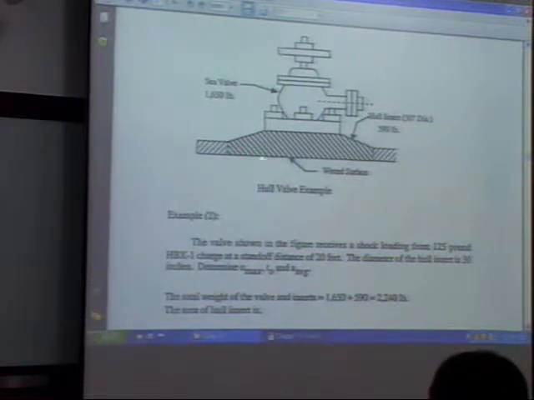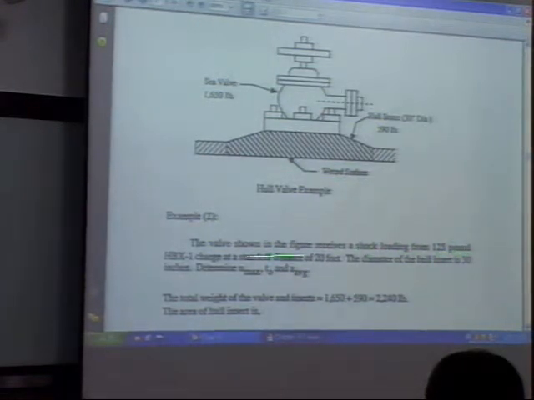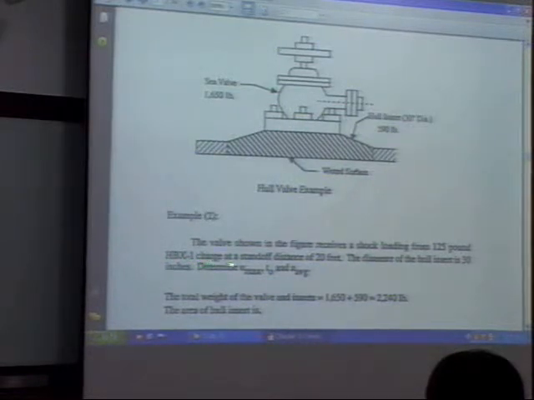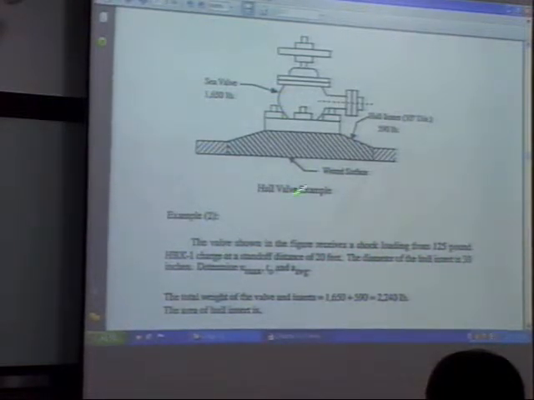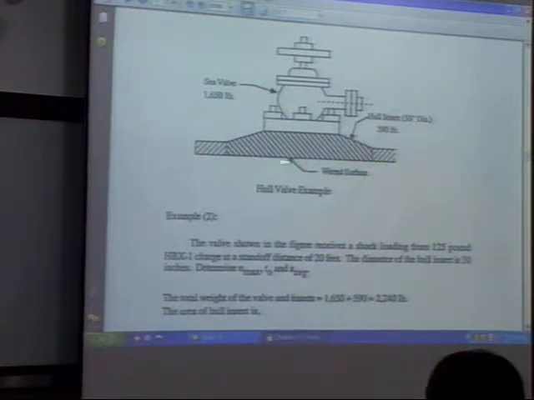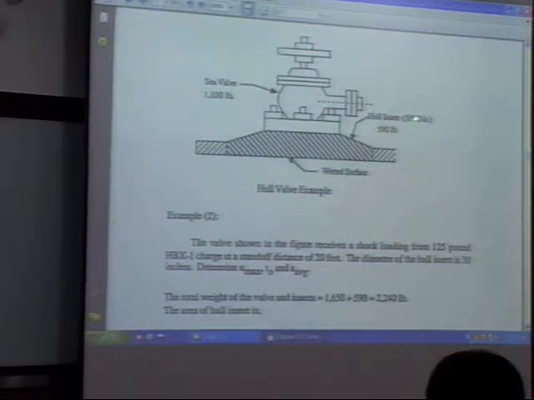So now the question is, this valve will receive a shock loading from a 125 pound HBX-1. The standoff distance is about 20 feet. The diameter of the hull insole is about 30 inches. Determine the U max, T max, A average. You can compute the average acceleration, then you multiply it by the whole thing,